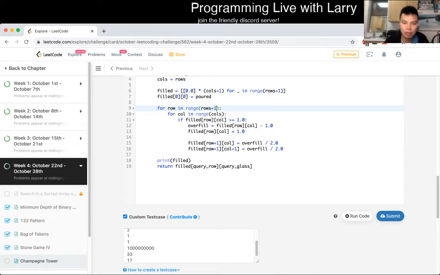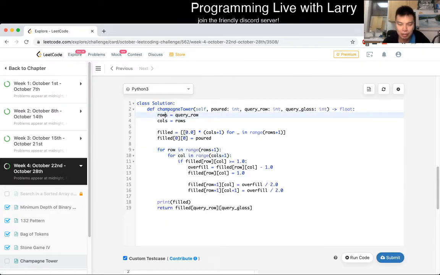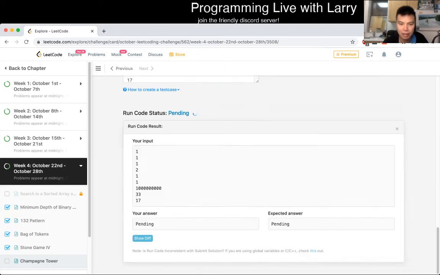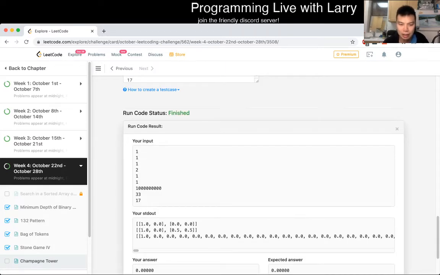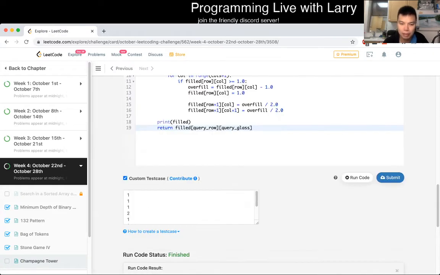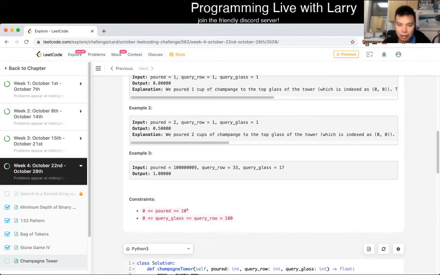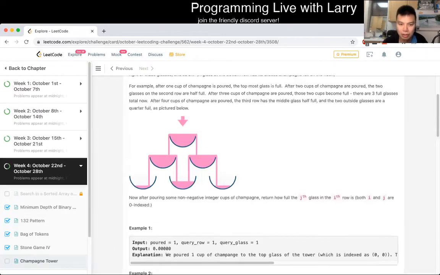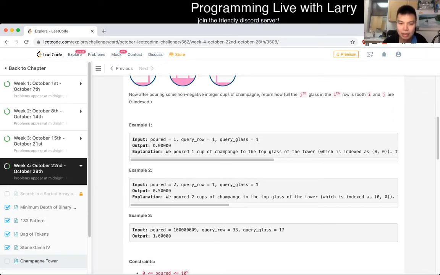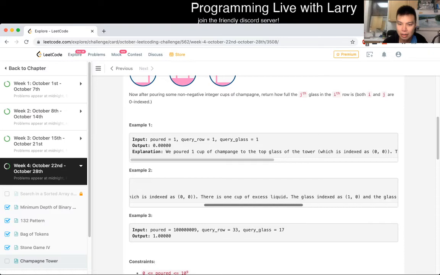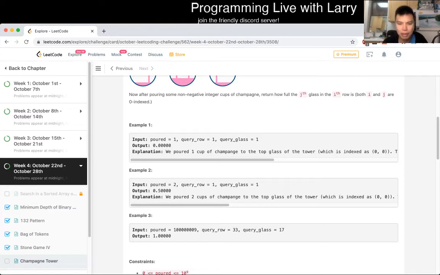Well, we definitely off by 1 because we definitely need to process the last row so that with its overfilled, then we could do it, but it shouldn't affect our answer per se. But that's cutie. Took out into the top glass of the tower. What's the 0.5 means? Maybe I misunderstood what. Oh no, that's right. Oh, so I am off by 1 somehow